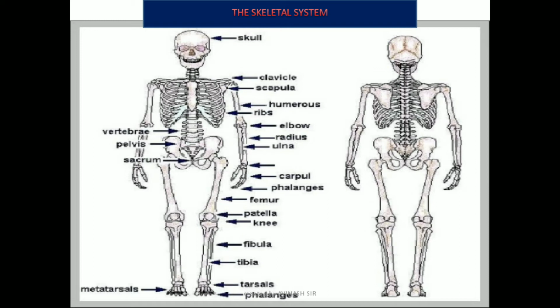Now, bones of the fingers or phalanges. The finger bones are called phalanges. There are in all 14 bones in the fingers. Each finger has 3 bones and the thumb has 2. They are small but tough and hard. They are joined to the palm on one side and to one another on the other side.